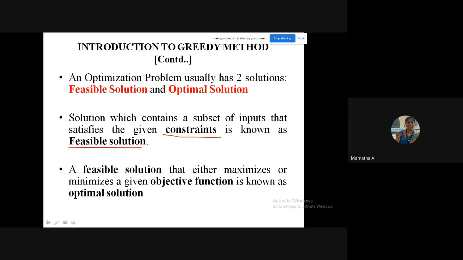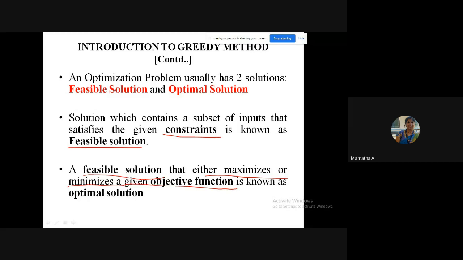What is an optimal solution? An optimal solution is also a feasible solution. Remember, that is also feasible because, given 2000, I have got 10 items. That is a feasible solution that either maximizes or minimizes a given objective function. What is the objective function in my case? I should purchase all the items for less than 2000.